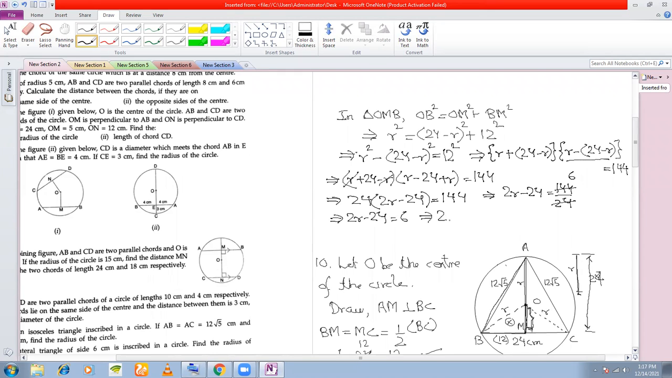So you are getting 2R is equal to 24 plus 6. That means you're getting 2R is equal to 30. That means you're getting R is equal to 30 by 2. That means you're getting R is equal to 15 centimeters. And that should be your answer. So the radius of the circle is 15 centimeters. Any question here? No,